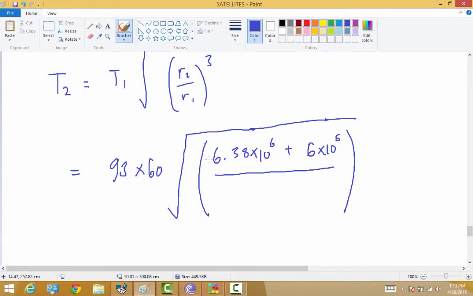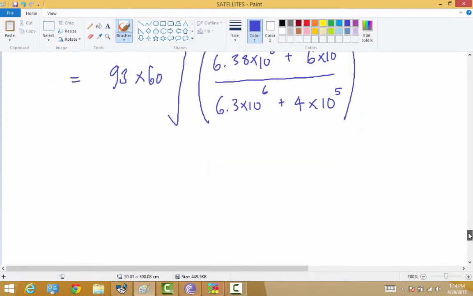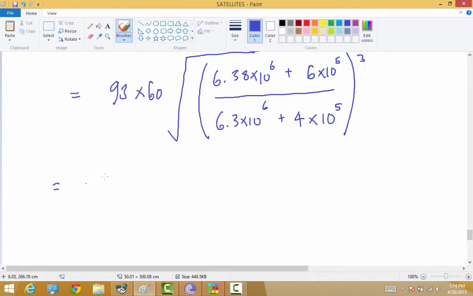And again, radius 1 is the radius of the Earth, plus how far away the shuttle is from the Earth. So 5, sorry, 400,000 meters away, and that should be cubed. And we can put that straight into the calculator. But if you want to simplify it just a bit further,